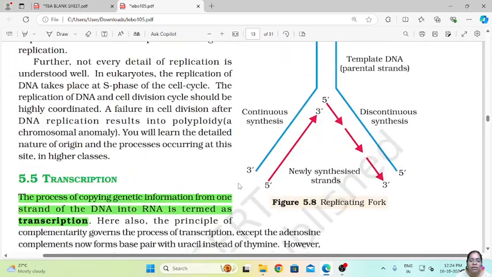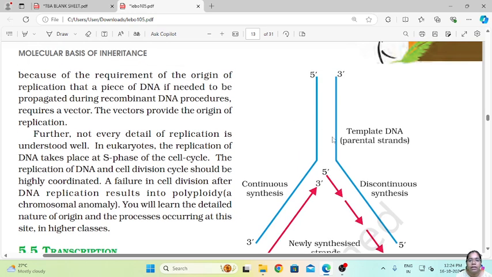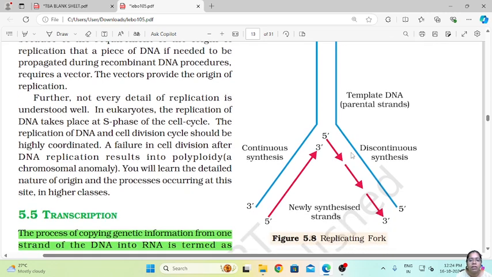So let us see what a replication fork is. These are the two strands of DNA. The DNA helicase enzyme binds to one strand of DNA and helps in the unwinding of the DNA, wherein at the point of origin the replication fork is formed. Then the DNA polymerase enzyme binds to this replication fork and starts synthesizing new nucleotides, which helps in the formation